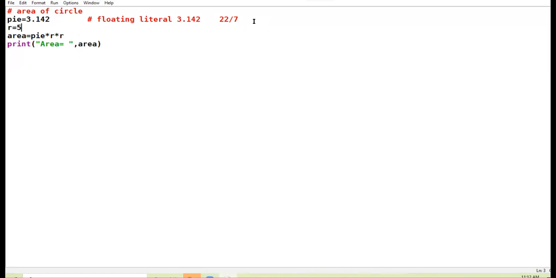So I am giving radius 5. Pi 3.142. Radius is 5. Area is pi r square. R square you can write as r into r. And I print the area. Let us run it.